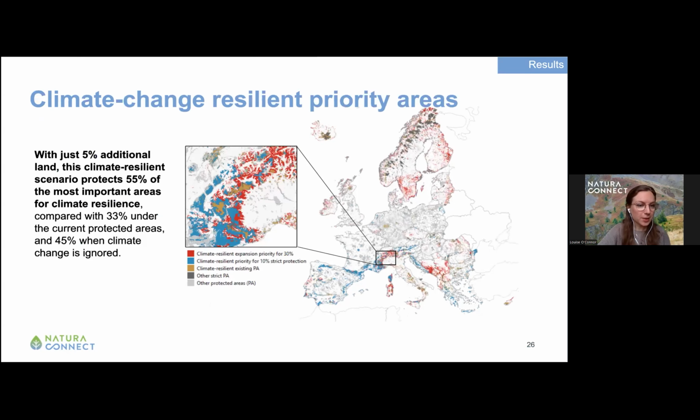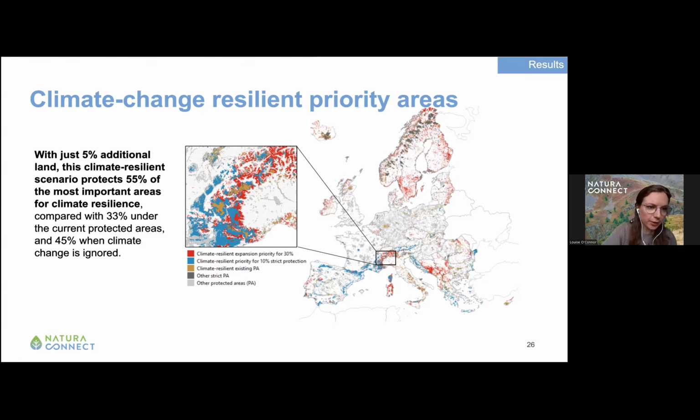And so this would be the resulting map from the prioritization, considering climate change resilience. And so this is another map that you will see on the platform online later. You would have priority areas for conservation, 30% in red, and in blue for strict protection. And then we also distinguish between protected areas that overlap with the most important areas for climate resilience in future climates.